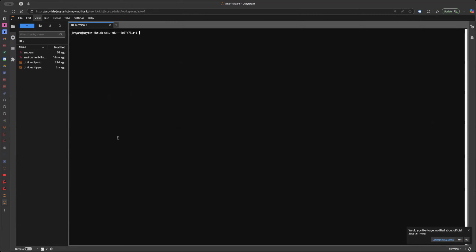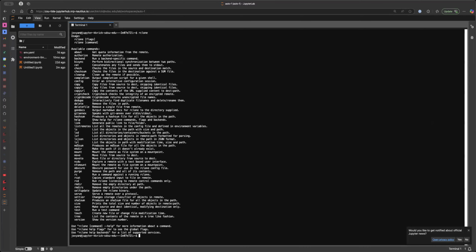So we're just going to walk through the Rclone configuration process here. I'm just going to type Rclone, hit enter, and that'll show you some of the documentation, some of the help text. What we want is this one right here, which is Rclone config, and that's going to allow us to configure Rclone to be able to work with the S3 compatible storage on the cluster. So we're going to type Rclone config,